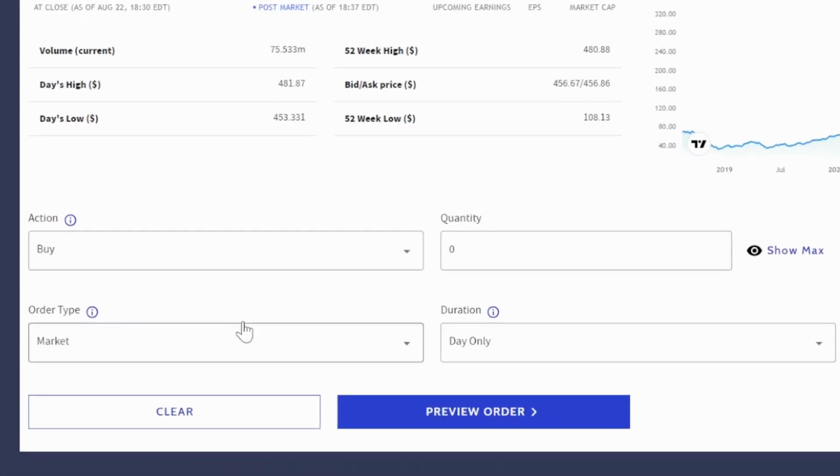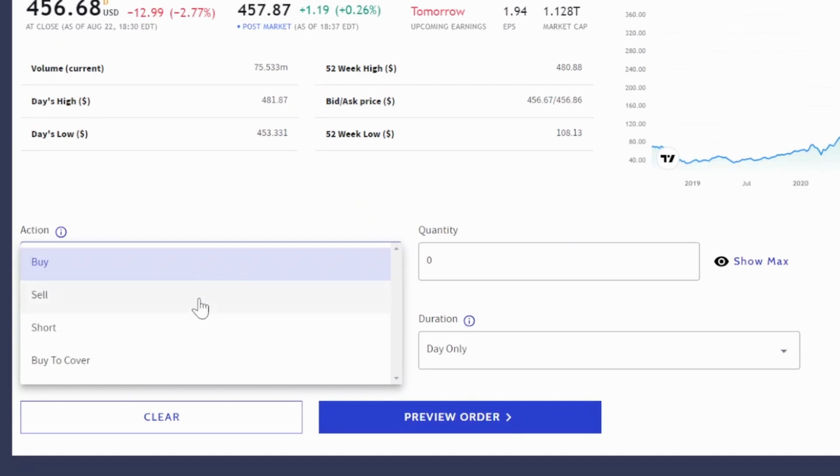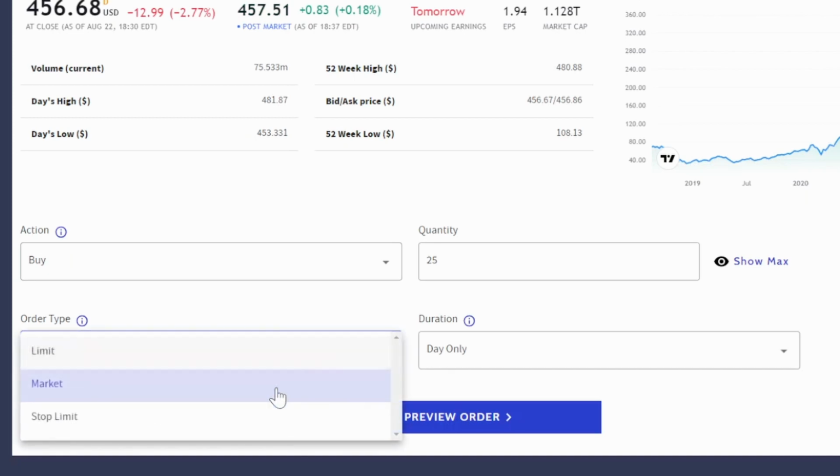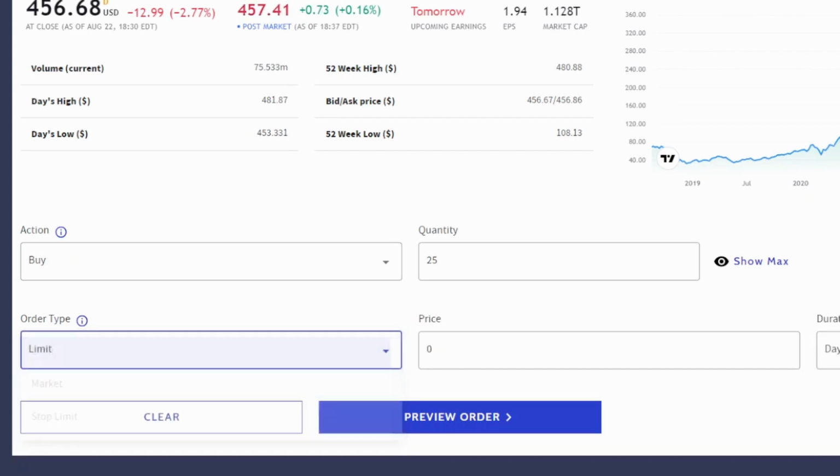We're going to scroll down, and I want to buy. I also could sell, short, or cover. Now, I don't know how much I want to buy, so let's see how much I can get with the money I've got available. 137 shares. Well, that's a lot more than I really want. Plus, tomorrow is earnings report, so I'm going to buy 25 shares and see how the earnings report is going to go. I'm going to put this in as a limit order, and I'm going to put a price in